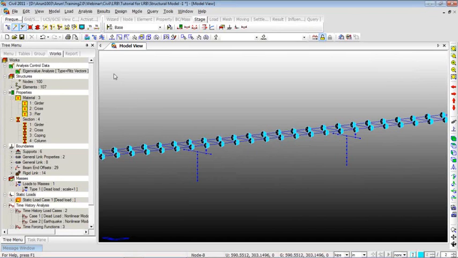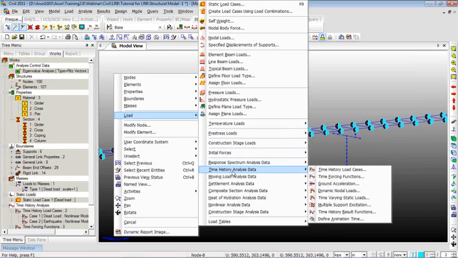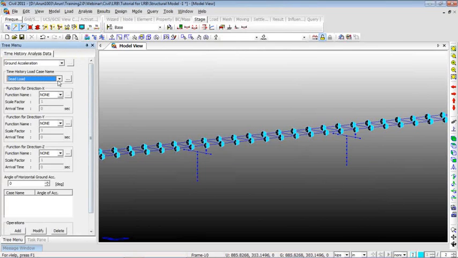Now having done this, we can go ahead and apply this time history loading onto the structure. For this, we'll tell the program, so we have defined the time forcing functions, we have defined the time history load cases, but now how they should be applied to the structure is remaining. So we'll first come to ground acceleration, where we'll select the earthquake load case that we defined. That is, this is how the load should be applied to the structure. So this will govern the application. The function will govern which time function should be applied along which axis. So I'll select it, the Lcent t for x-axis, for y Lcent h. You can also consider for